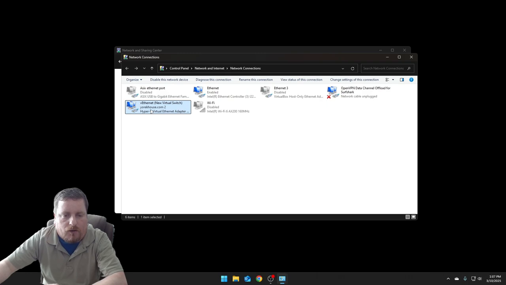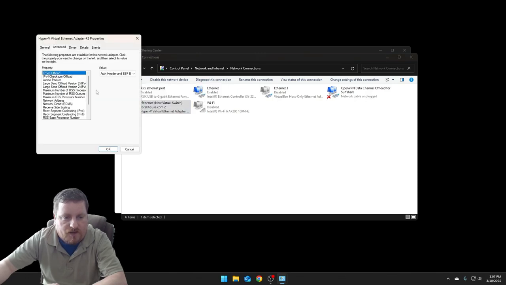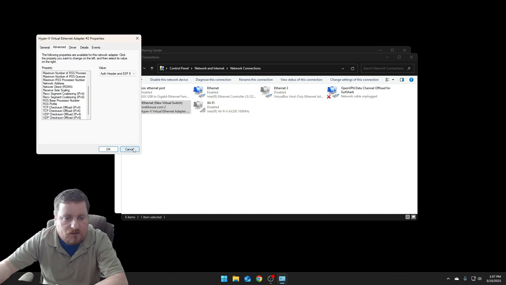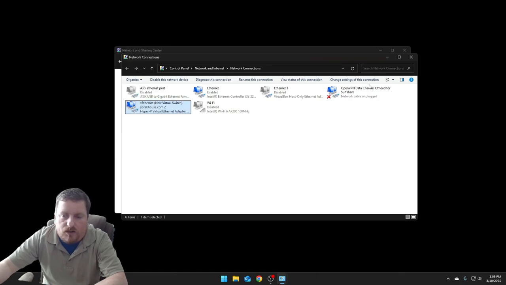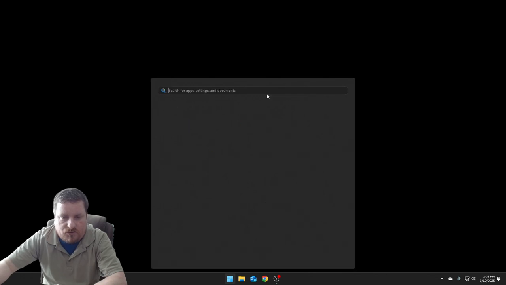I don't remember how long ago it was, but you used to be able to go into Hyper-V Manager, create your virtual network switch, and then open Properties, Configure, go to Advanced, and on the left side you would see VLAN ID in there. However, they decided to take that away. So this method works on Windows 10, it works on Windows Server 22. So just to show you,